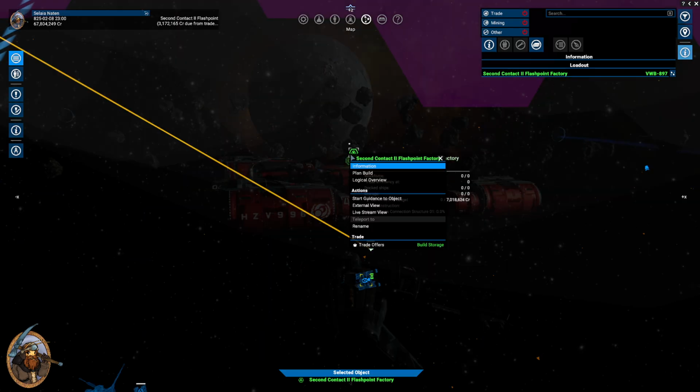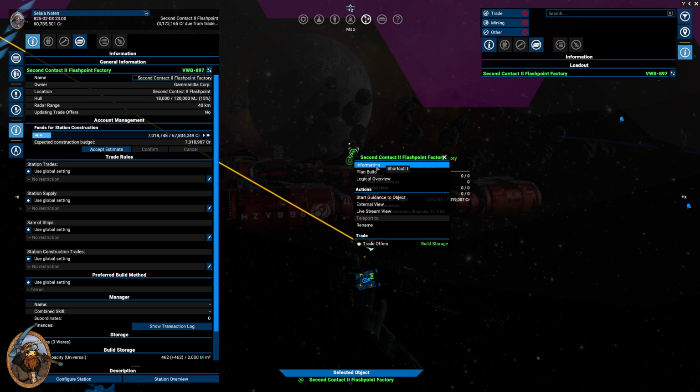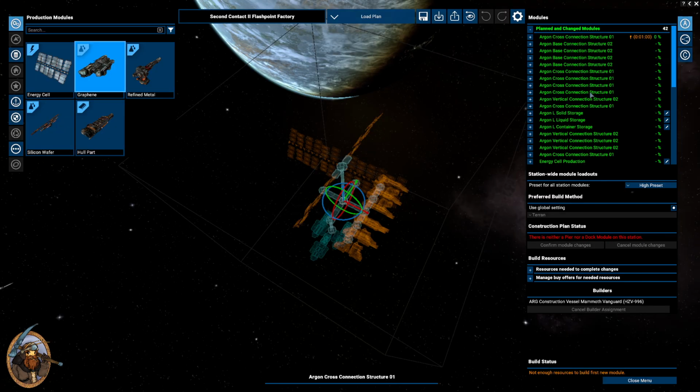Also, no, we don't want to plan. Something we've missed is we haven't given it some money. It only needs 7 million. That's actually pretty cheap for us, I must say, which is pretty good. It also depends on how expensive these goods are. Of course, the expense is a variable thing, but what you do by default is...